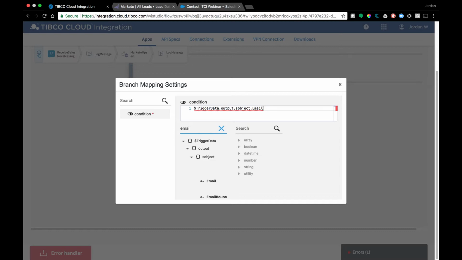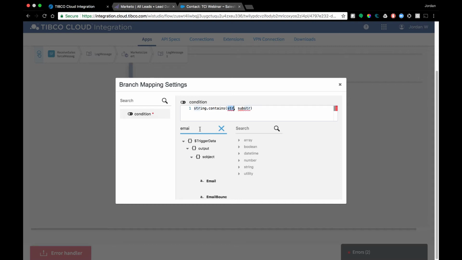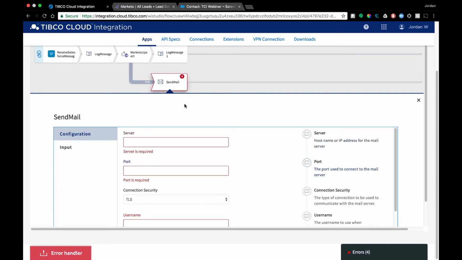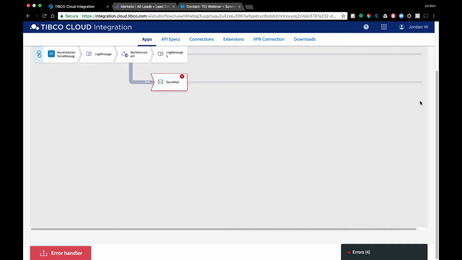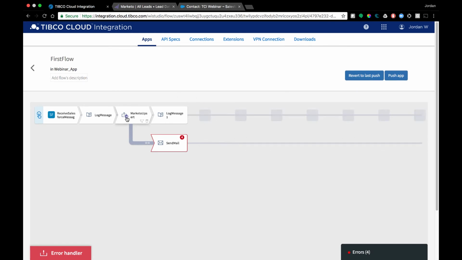equals or contains, actually, let's redo that. So string contains Yahoo or Gmail or some personal non-company email, we could have that conditional run where we would follow up with a special campaign or send it to a different location. And I would just be able to insert my email server here and be able to run that separate campaign to further qualify this lead before it was moved to our typical campaign in Marketo.